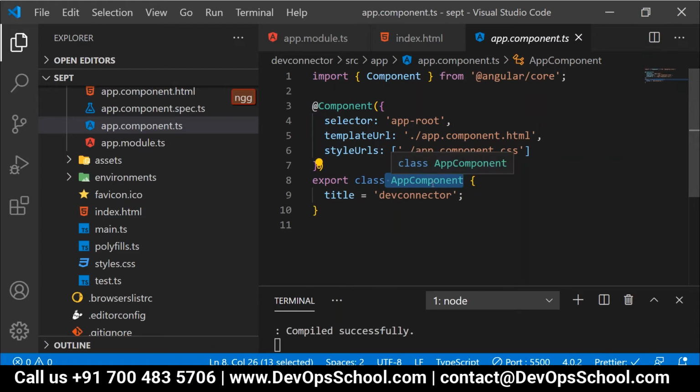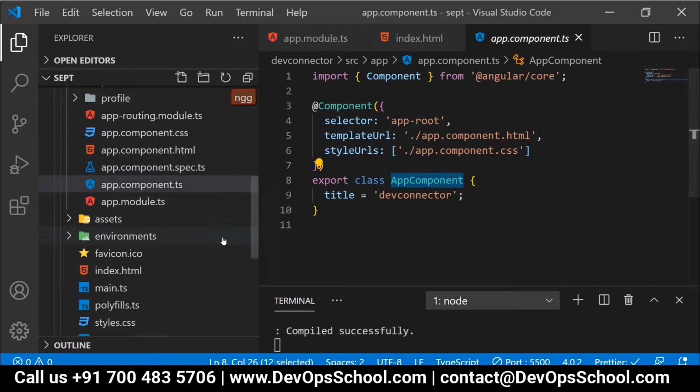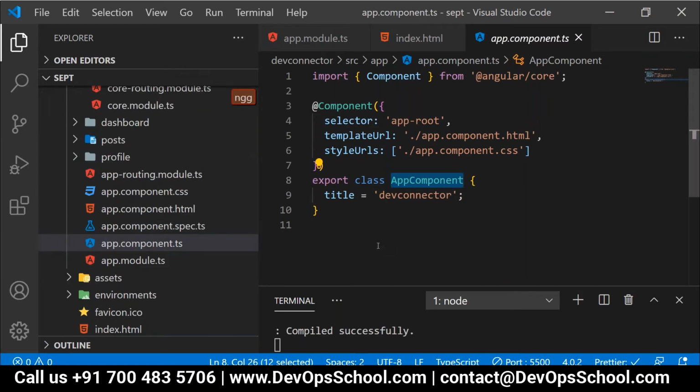Now, for this app component, 4 files should be there: HTML, CSS, .ts and .spec.ts. Because it's a component, by default it will generate these 4 files. This is the default one.